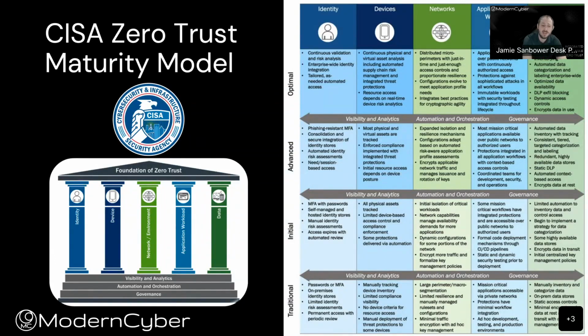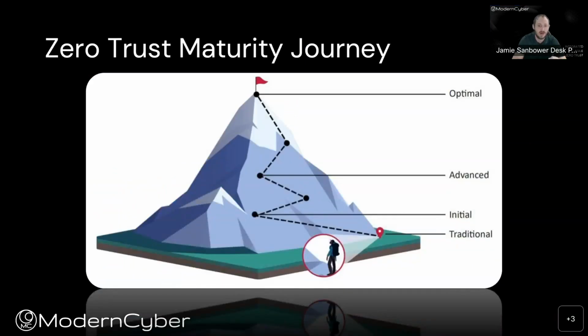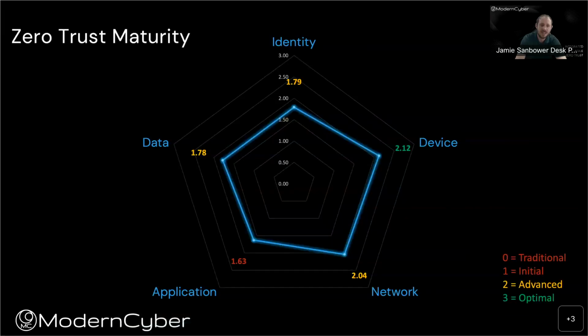So these types of things you'll see throughout some of the best practices, but what we're recommending is most organizations need to figure out where they're at today. Are you sitting at a place where within users or identity, you're at an advanced, an initial, or have you made it to that optimal state? And one of the biggest benefits of establishing that baseline of maturity is it can help you look at where does the organization sit today. And this is one example of a maturity mapping that could be performed.